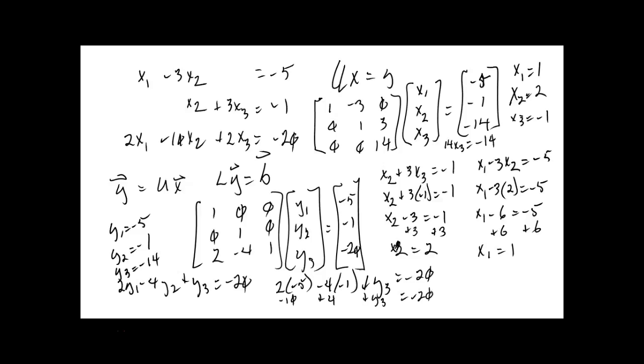LUx is equal to b. If Ux is equal to y, then L times y is equal to b. So you break your problem into two steps, and you do this one first and this one last, okay? Even though you started this way,